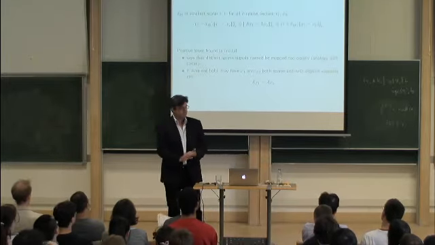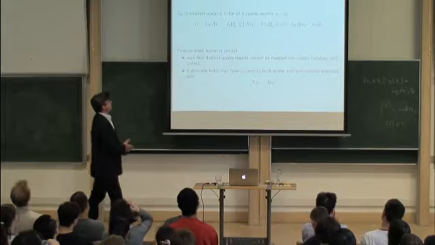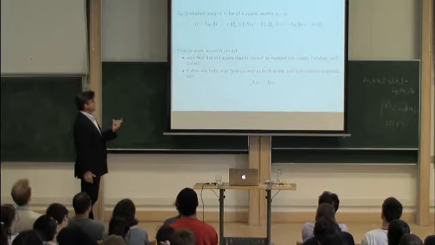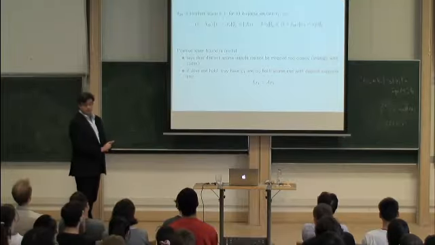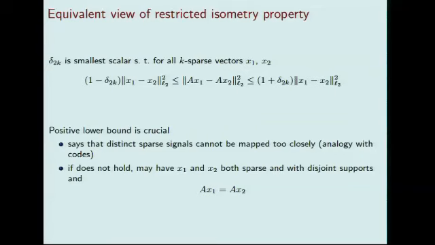Now, what does the restricted isometry say about this? One other way to state the isometry constant is to break the vector x into x1 minus x2. So another way to say what the restricted isometry property is, is to say that for all k-sparse vectors x1 and x2, we're going to look at their difference, x1 minus x2. Just restating what the restricted isometry property says is that the norm of Ax1 minus Ax2 squared needs to be between 1 minus delta 2k times the norm of x1 minus x2 squared, and 1 plus delta 2k times the norm of x1 minus x2 squared. Okay, so that's another way of expressing the restricted isometry property.